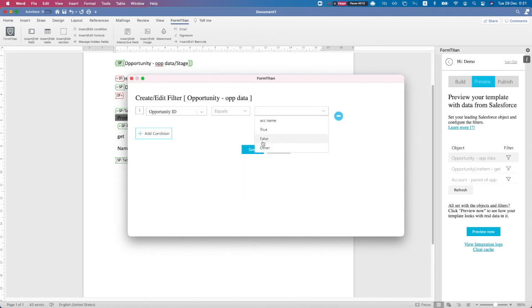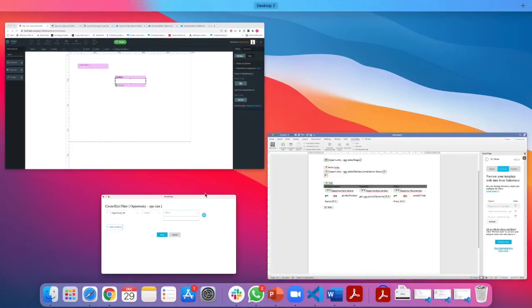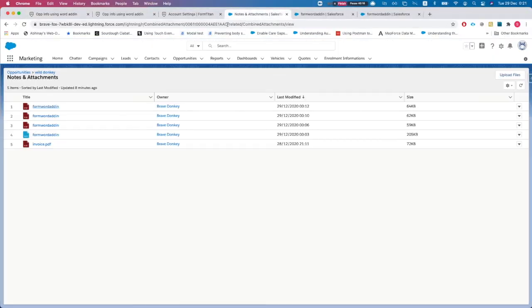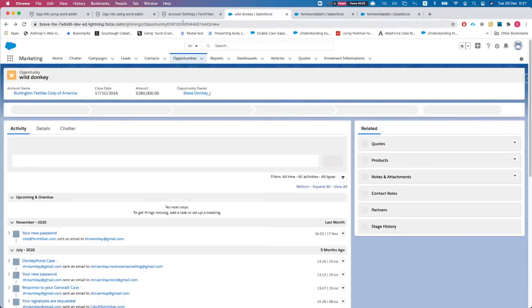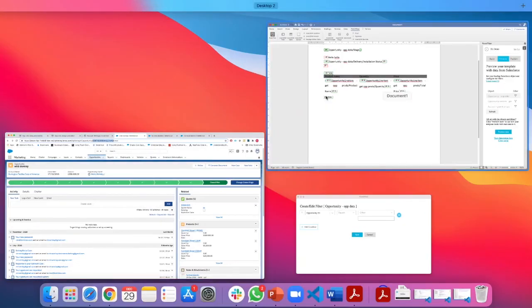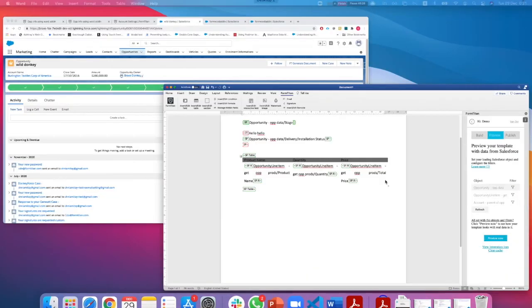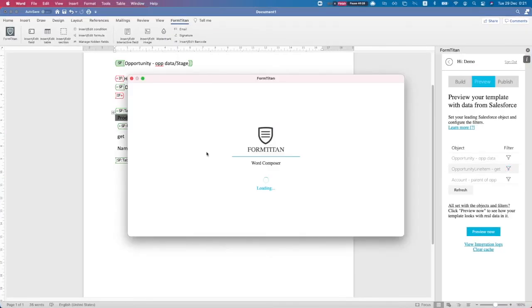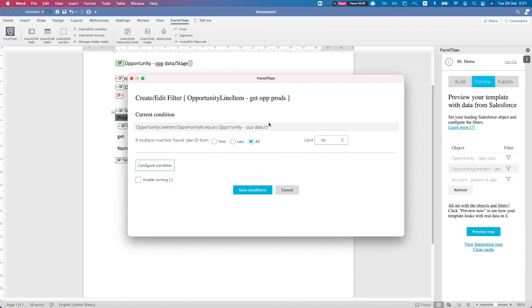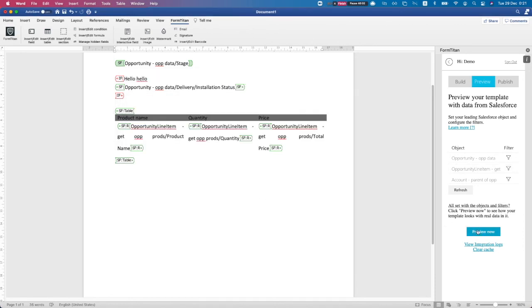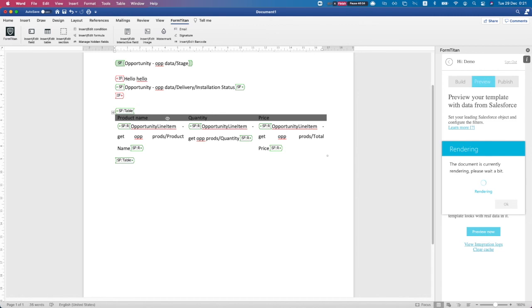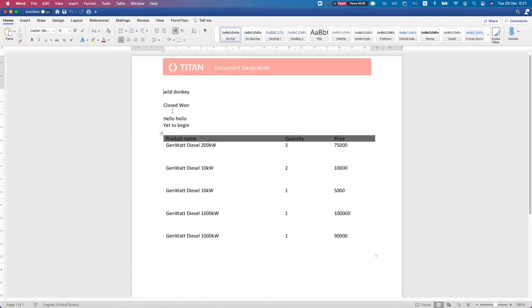I'll say opportunity ID equals my, let's go back to my opportunity, and we'll save, and the opportunity line items equals my opdata.id. That's perfect. Let's preview it. And now we can see we have hello, hello,